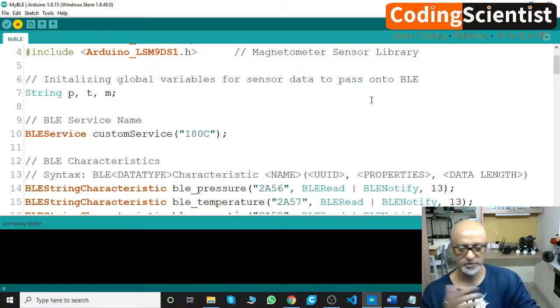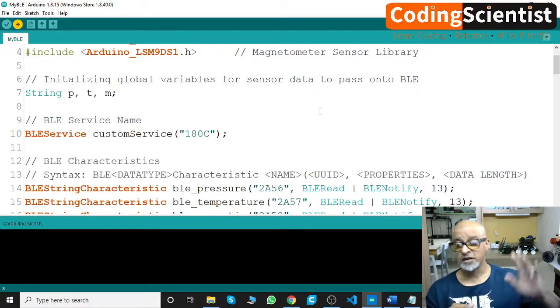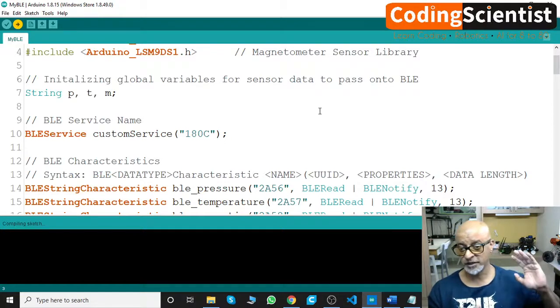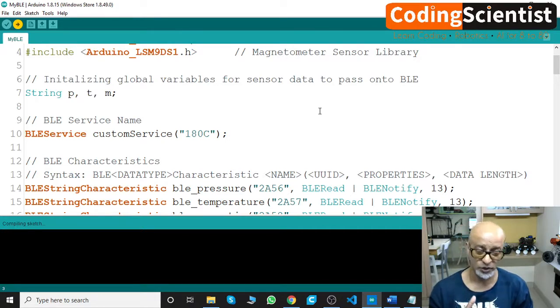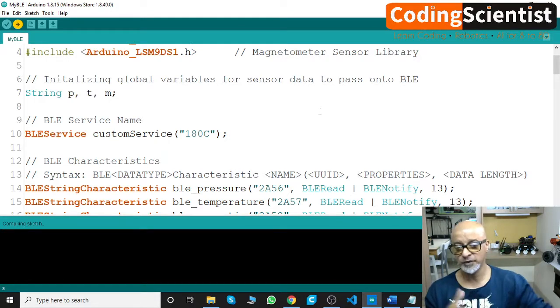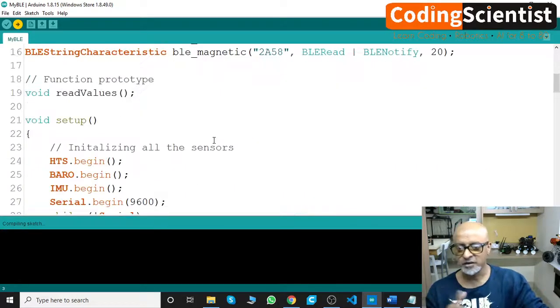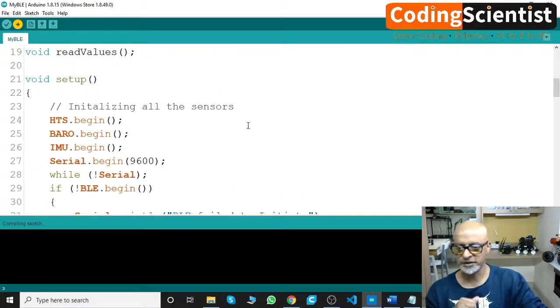You may pick it up, and I would suggest, instead of copy pasting this code, try to understand it line by line. If you don't understand the C++ coding aspects, especially on Arduino microcontroller, I have another parallel series which is already posted. There are 30-40 videos for beginners, especially to use Arduino Mega or Arduino UNO and start programming those. So if you follow those, you will understand this. It's pretty easy.